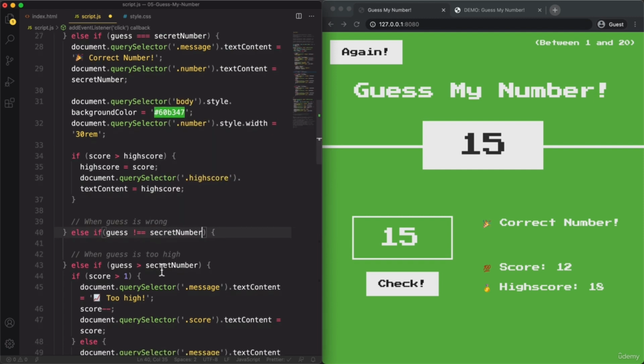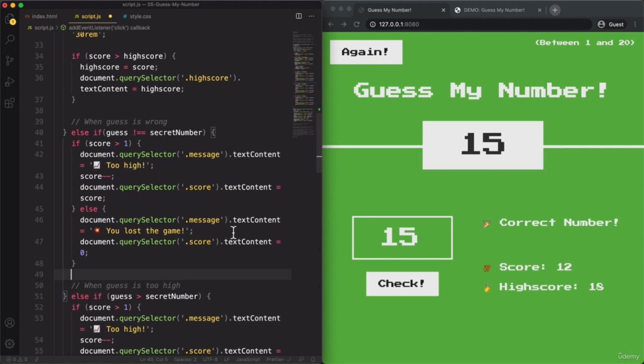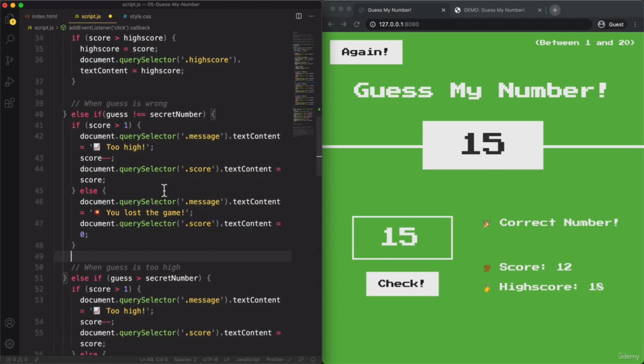And so now we can just take this code, which is the same in the two blocks. I will copy it and paste it here. So this is what should happen, except that the too high should of course only happen when the guess is larger than the secret number. So now we still need a conditional to figure out if the guess is greater or lower than the secret